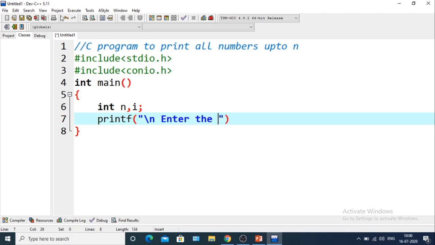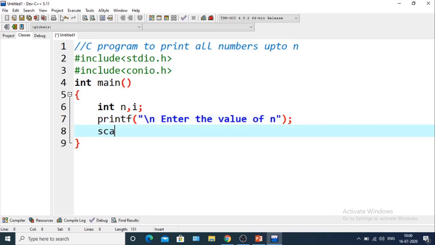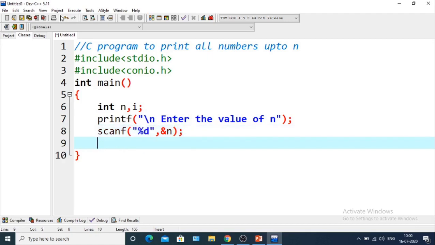Next scanf, %d, comma, &n. So the value of n has been taken.